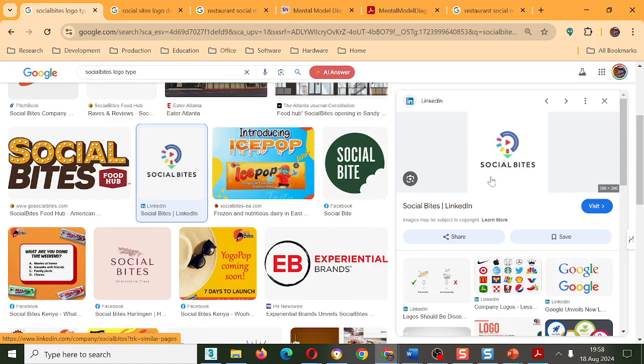That would suggest that the audience consuming this logo type would like and expect SocialBites to be written in this straightforward way. And then you have that logo, which is quite unique in the way it's represented, right? So the symbol of the logo is what's unique in this one, but the logo type is not unique.